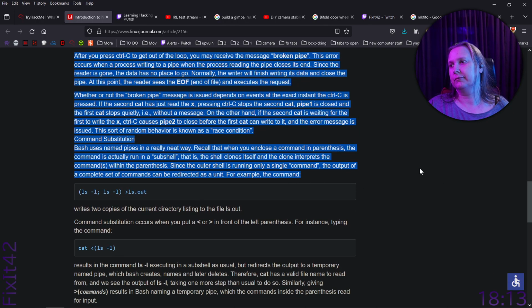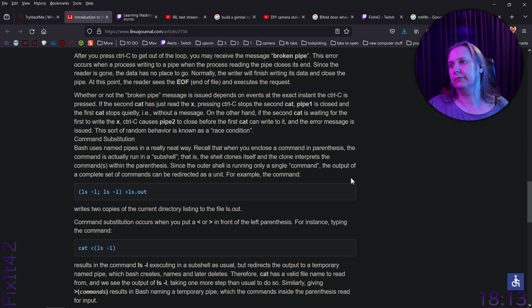Recall that when you enclose a command in parentheses, the command is actually run in a subshell, that is, the shell clones itself and the clone interprets the commands within the parentheses. Since the outer shell is running only a single command, the output of a complete set of commands can be redirected as a unit. For example, the command